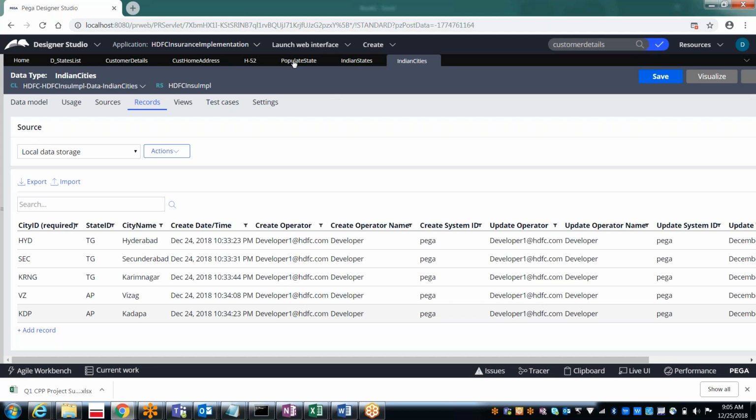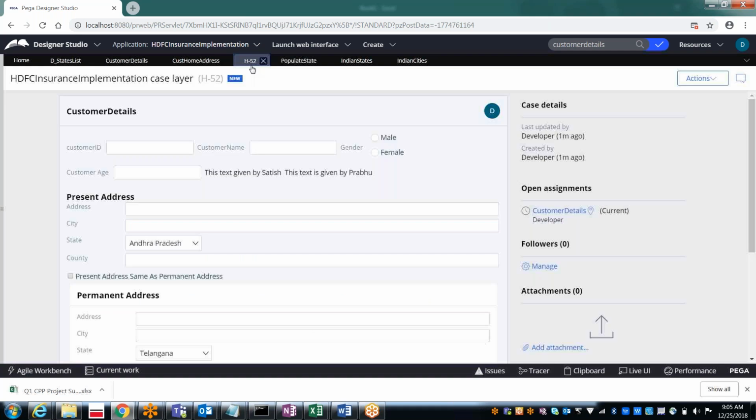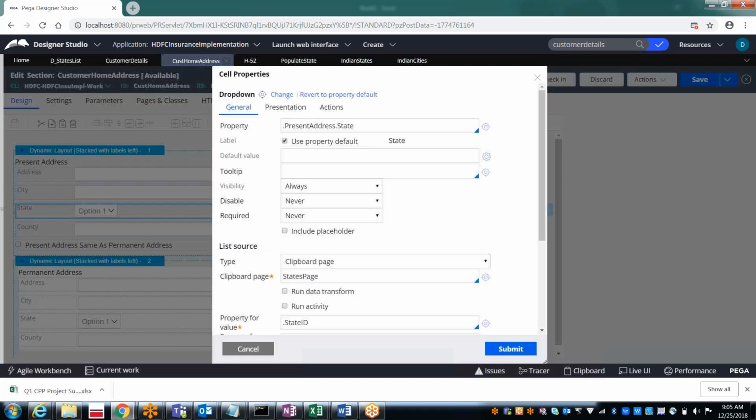How can we populate it? Either through the activity through the clipboard page, as I said, or the very simple way is just to refer the report definition, as we did for the permanent address.